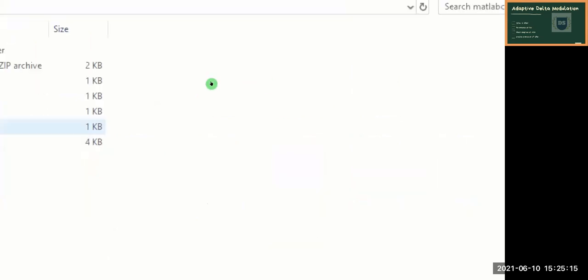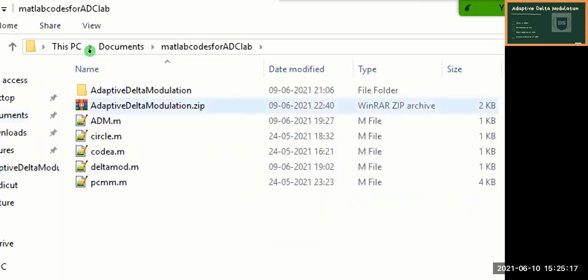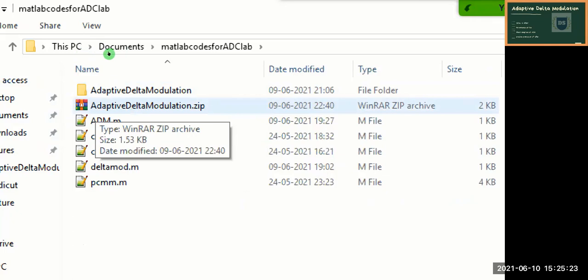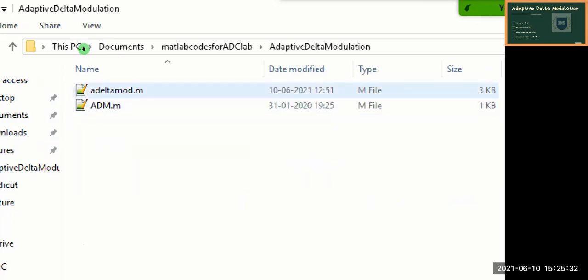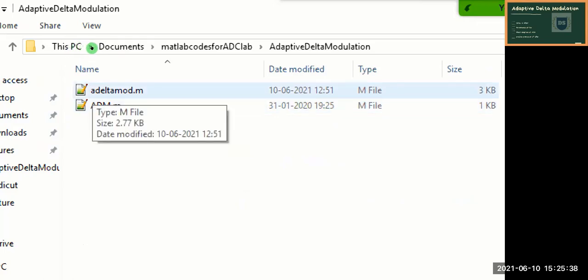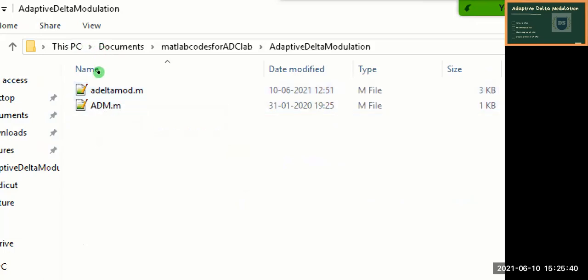Here you double click it, and here is where I have downloaded my adaptive delta modulation file. After unzipping it, it creates a folder like this, and inside of this you can find these two M files. One is adm.m, the other one is the adaptive delta mod.m file.